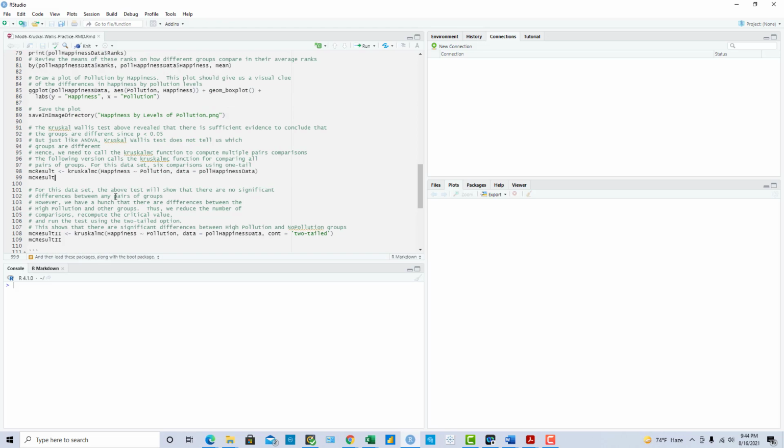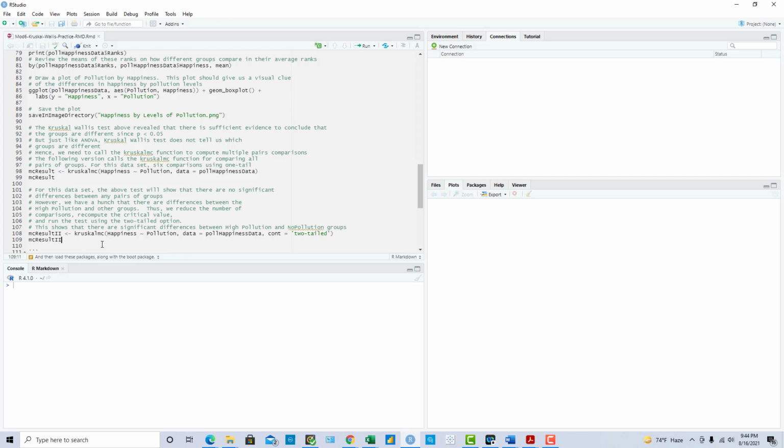So we are going to do a second test just like we did in the Excel case. And in the second test, we are only going to look at the high pollution and other pollution groups. So we are going to take this data and just limit the comparisons to 2 tail test, and the results here would demonstrate that we have significant differences in the happiness between the high pollution and no pollution groups.